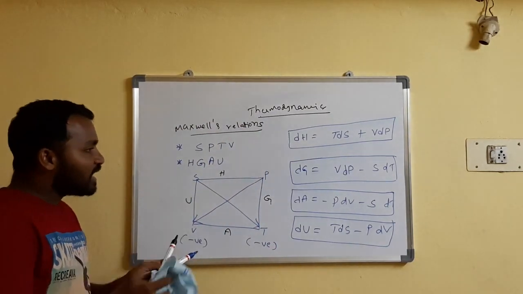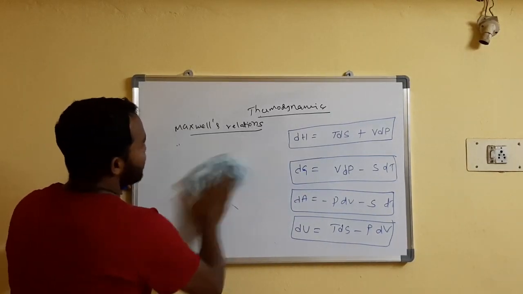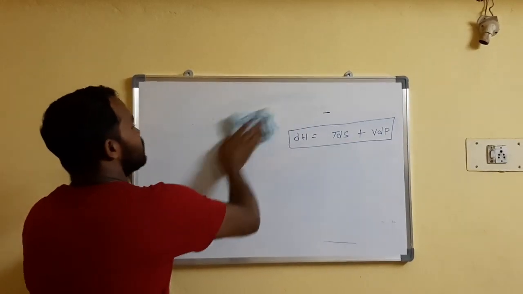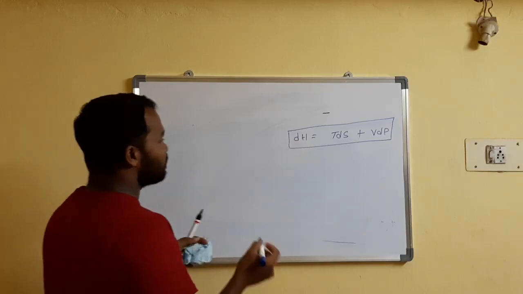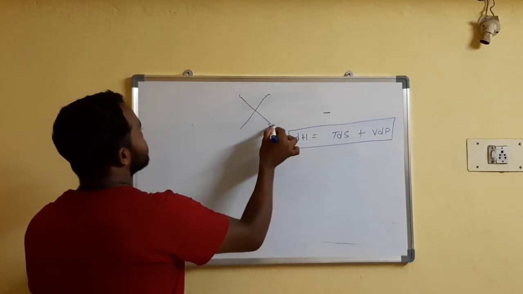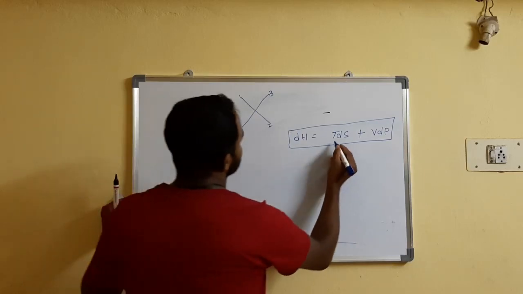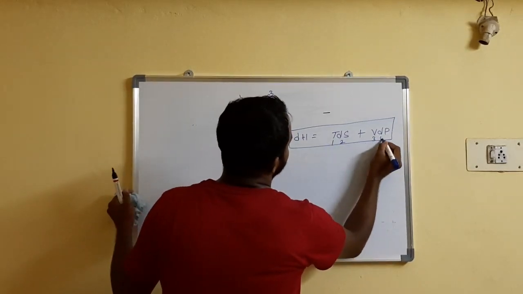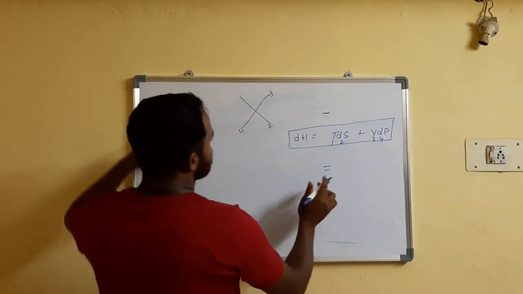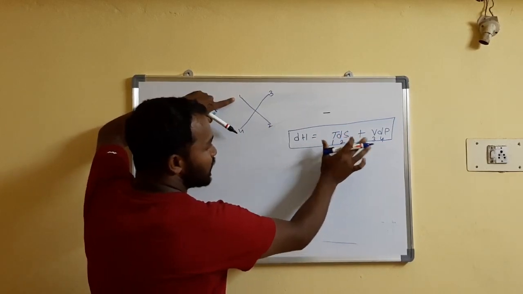So now we will see how to write the Maxwell equation relations. Just I am taking one example for this, that is dH is equal to TdS plus VdP. My trick is, if you write a cross symbol, where you start 1, this is 2, this is 3, this is 4, right? You start 1, 2, then 3, 4. Just remember 1, 2, 3, 4, right? No need to take this term, only keep the equals symbol. So first, 1 is what? All you need to remember. Write in differential form only.